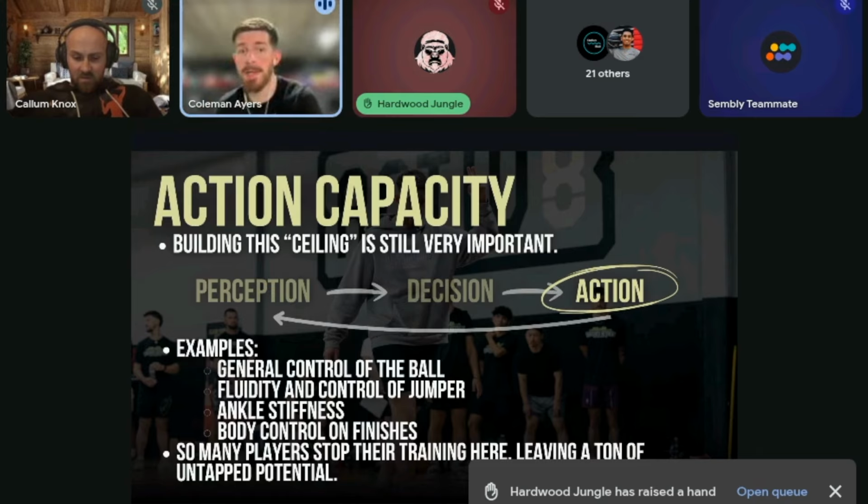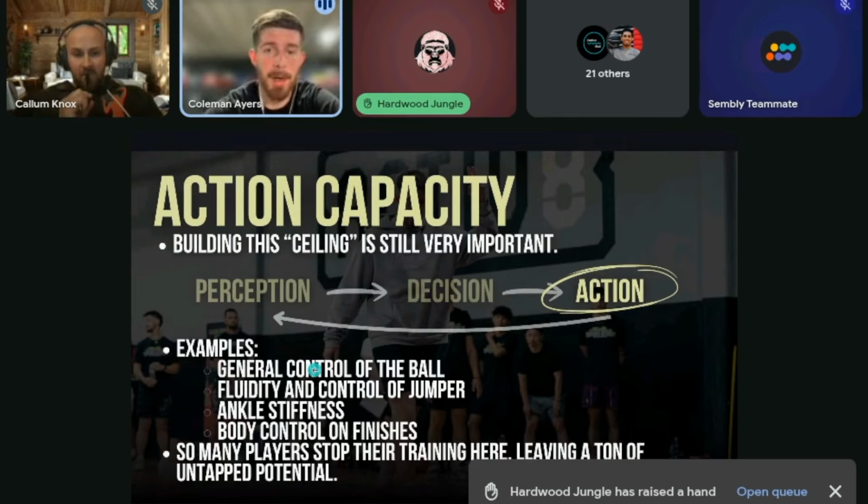If they come off a ball screen and they see a defender step out, sometimes they understand, oh, I want to split this screen, right? I've seen the opportunity to do that. They may even decide to do that, but they don't have the control, or they don't have the quick pop off the ground in terms of their change of direction ability to actually execute this. So this is where building action capacity, or the ability to execute this action at a higher skill level, is important, right?